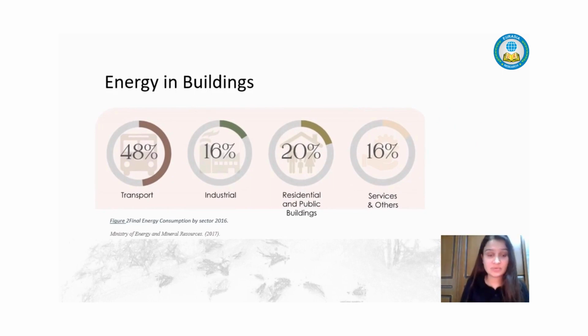The first one is transportation, ranking first with 48% of energy consumption. Then what comes second is residential and public apartments, which means that the residential apartments actually do consume about 20%. It ranks second in most sectors here in Jordan on reliance on non-renewable energy sources and in consumption of it.